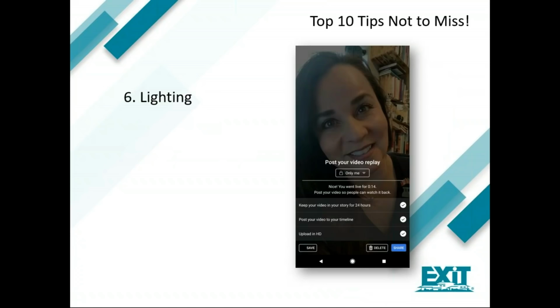Now, number 6, lighting, super important. If the lighting is bad, listen, the experience will also be bad. There's just no way around it, right? It's video, and the ability to see it clearly is kind of a big deal. Your audience will not stick around if they can't make out the video very well. They're just not going to hang out. So if you can shoot from outside or near a window, do it, because natural lighting is your best friend. The quality will be much more appealing for your audience.